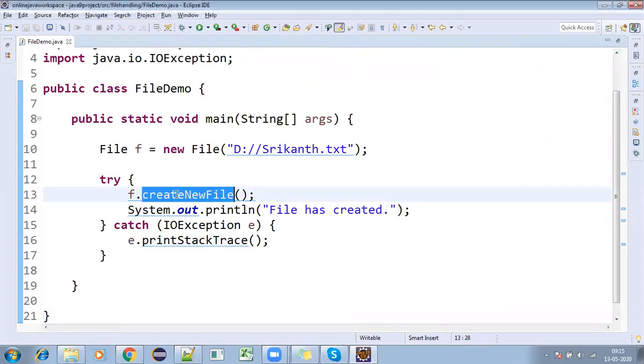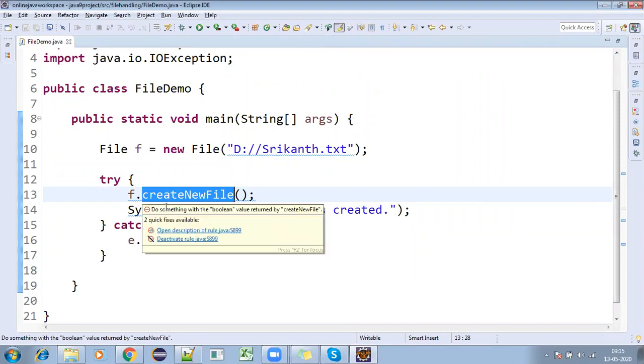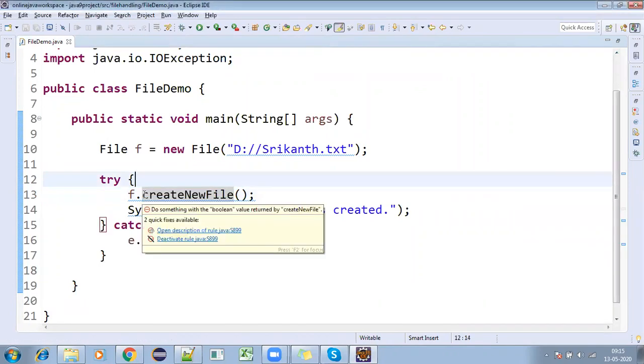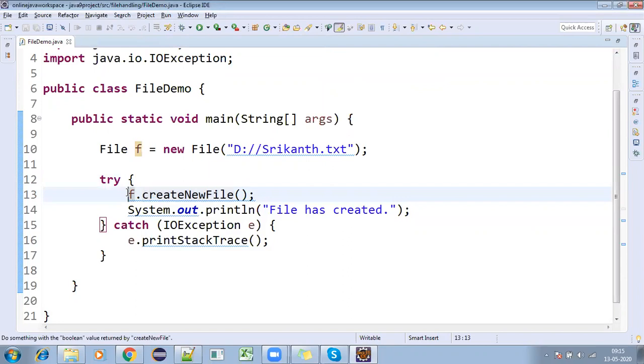So by using create new file, it is creating one new file for me. And what does create new file return? It returns a boolean value. So I'll take a boolean b equal to the result, because it is returning boolean for me.